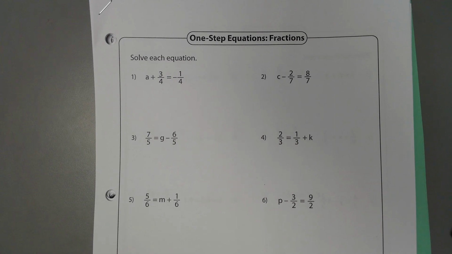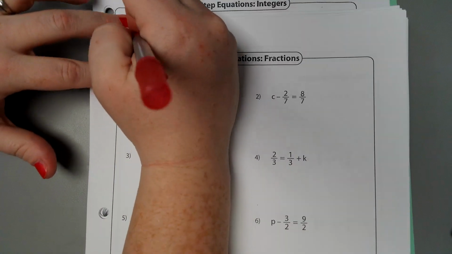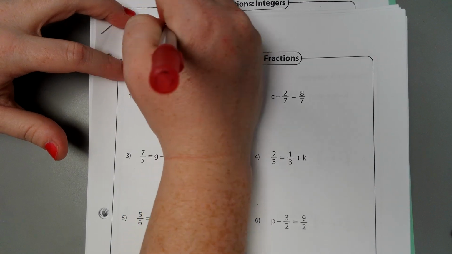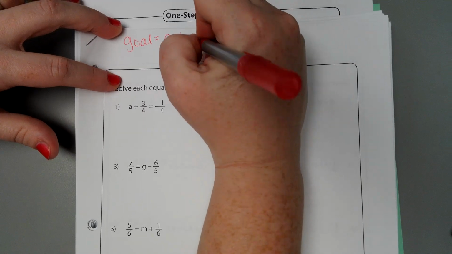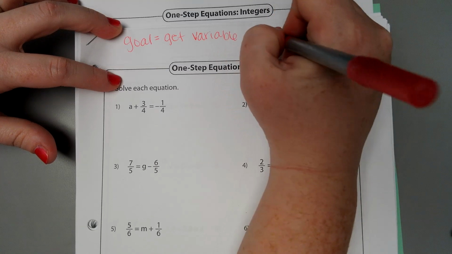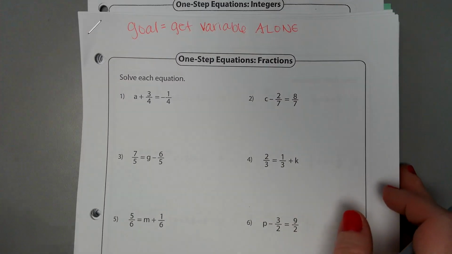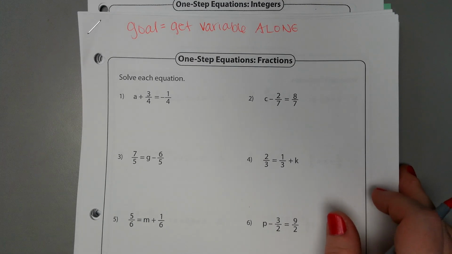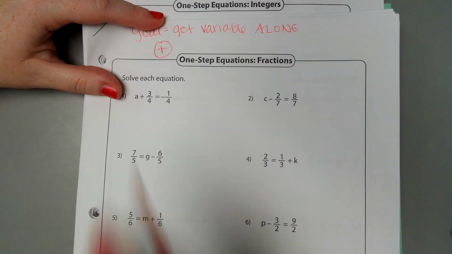So we're going to read the problem and see what is happening to our variable. Remember, the variable is what you try to get by itself. So our goal for this packet, get variable alone. And we're going to use inverse operations. So that booklet we had, Solving Equations book, and how it talked about inverse operations, we know that addition, just